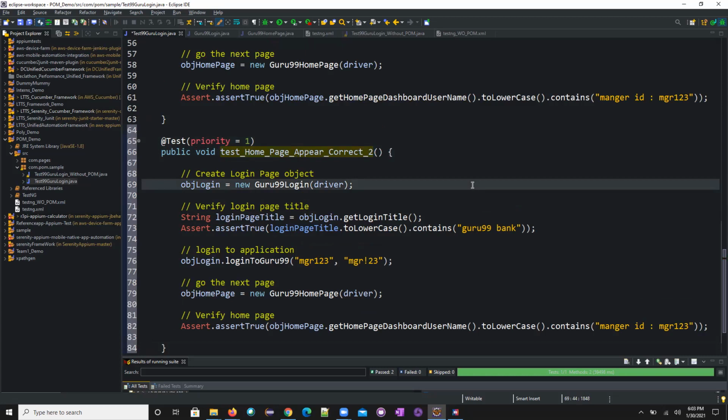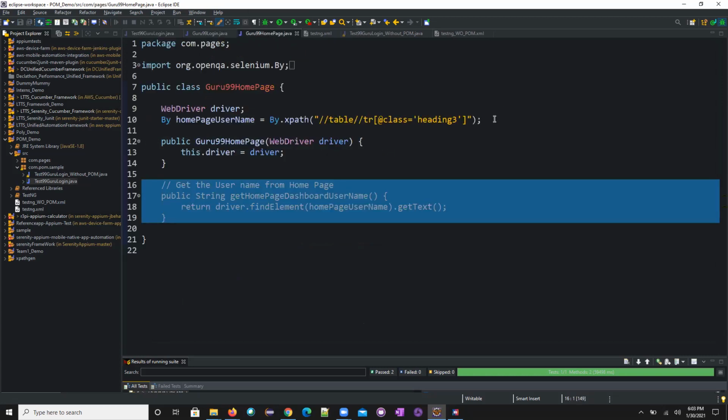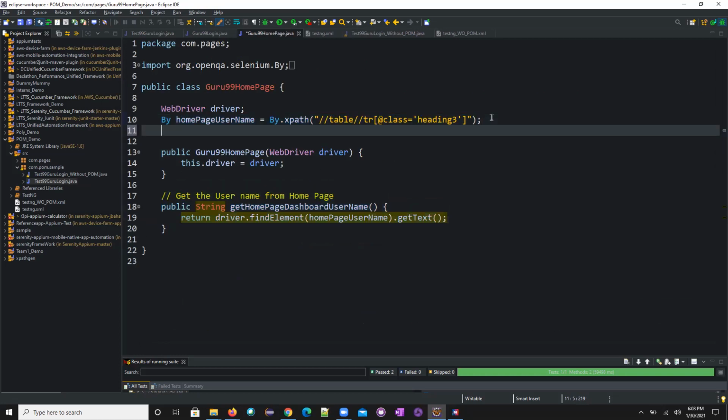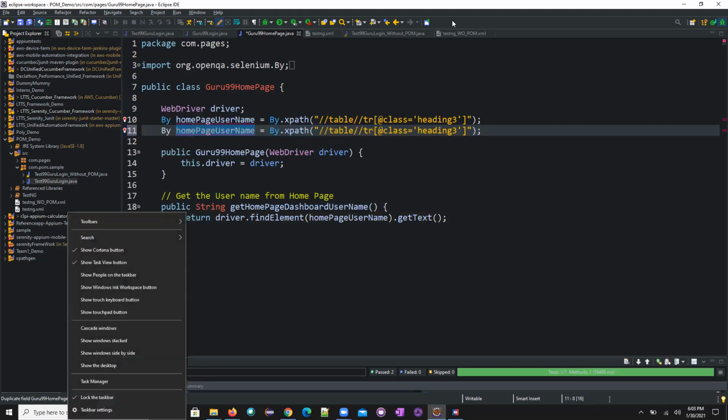Okay. Now coming to the home page, right? So now what I'll need to write is a By class here. You don't need to worry about this. You need to understand how the page object model will run. So here that insurance project button is there, right? I wanted to click on that one, so I need to define that. That's a link, right? LNK.